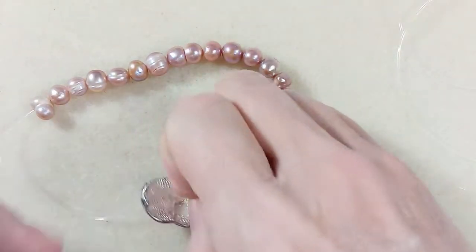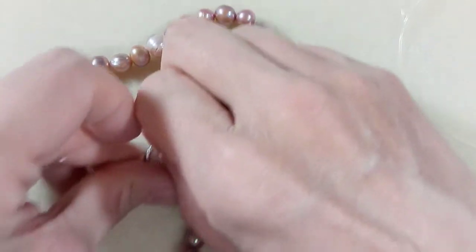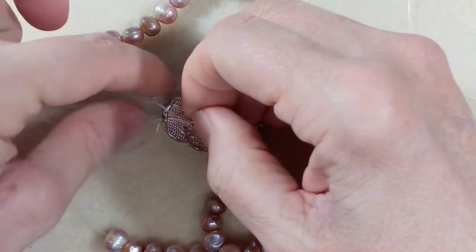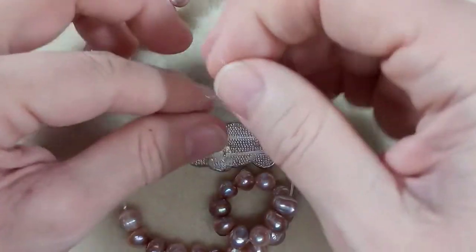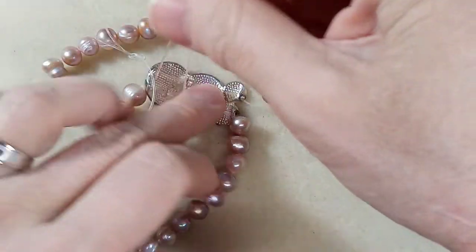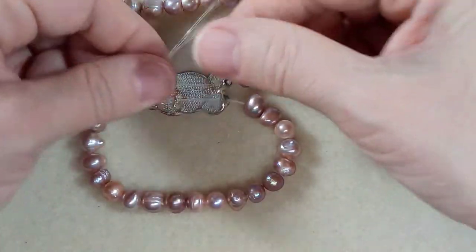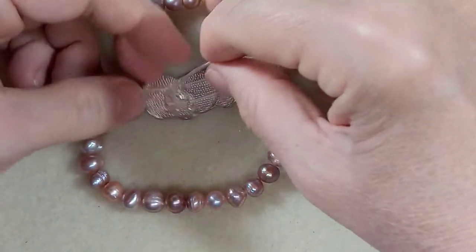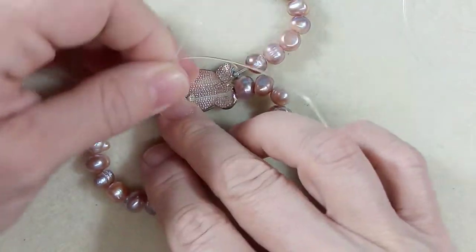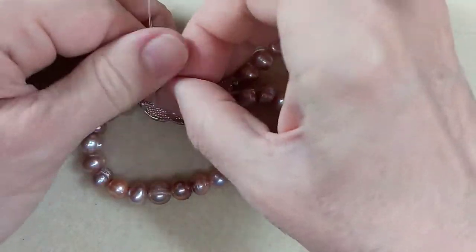So we'll put it here like this. Take these two ends. Let's get this like that. So I guess I could do a slip knot, but I think we'll just do a regular knot, and I'll